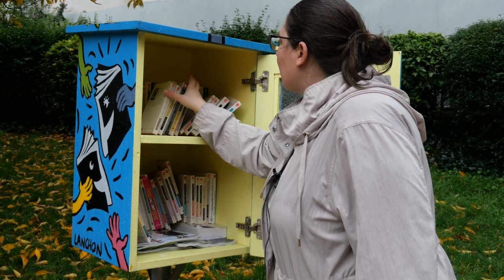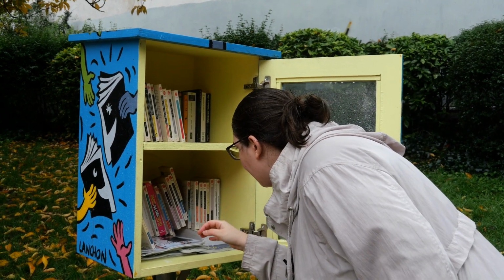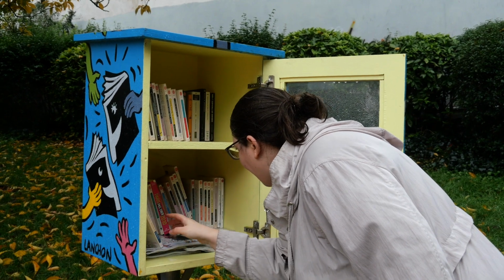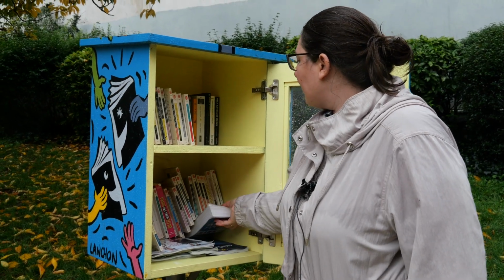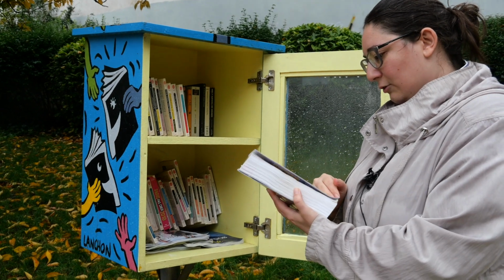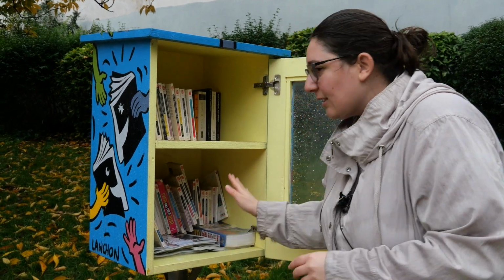No, not up here, and not down here, but there is Sherlock Holmes. I saw Arsène Lupin a second ago. If you haven't seen that Netflix series, that's pretty good. And then what is this, a wine book? No, it's just wine on the back. It's like a guidebook to Paris, I think. Alrighty, so I have my